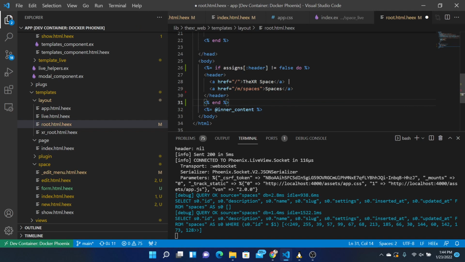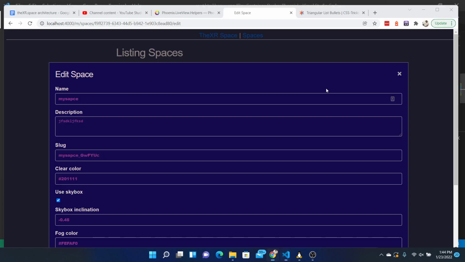If we pass in header false, then we can hide this menu. And that's how,